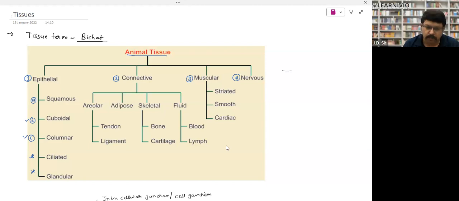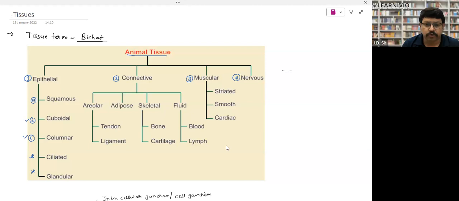Yes, sir. Now come to the connective tissue. We have talked about the covering of body or covering of organ. Now what are connective tissues? Basically, connective tissues are those tissues which connect an organ or a tissue to another organ or another tissue. We have further divided them into 4 categories: areolar, adipose, skeletal, and